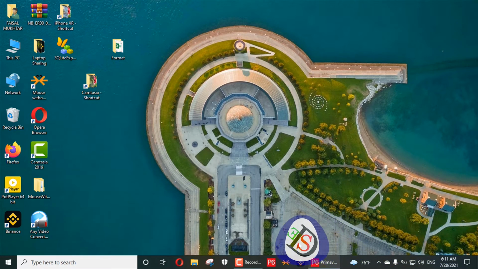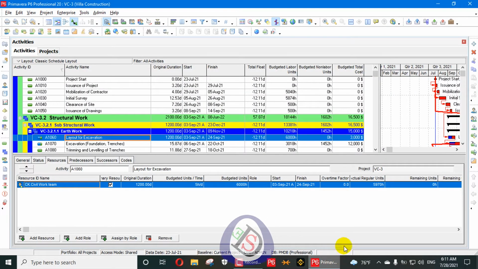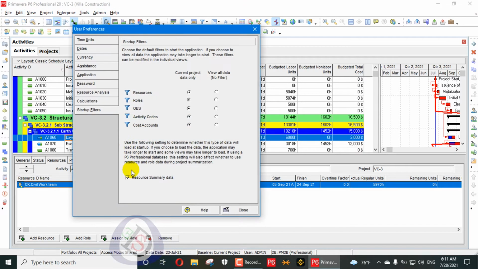Here we will open Primavera P6. You can see Primavera P6 on edit. We can go here in user preferences. Here, the last one, you can see startup filters. I can explain startup filters easily: when you are starting any database, there are a